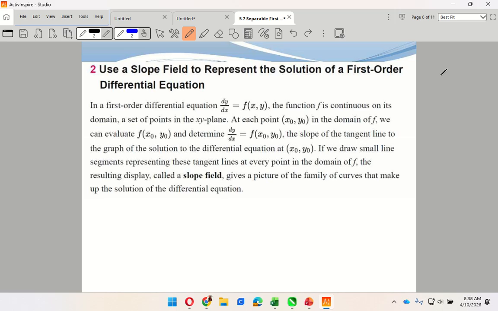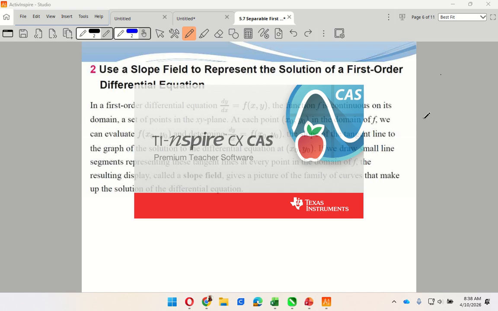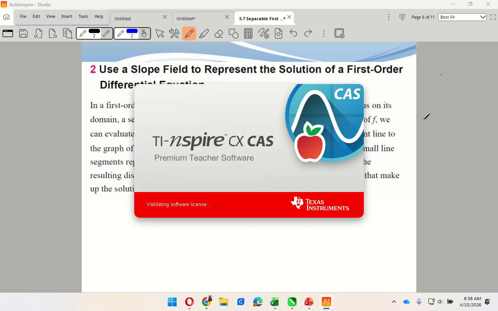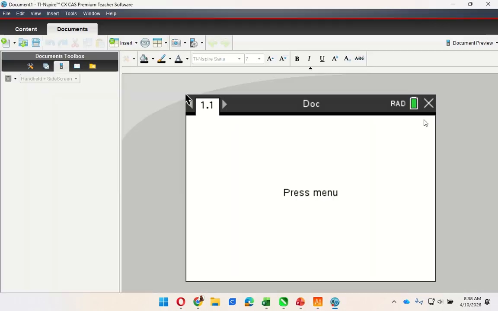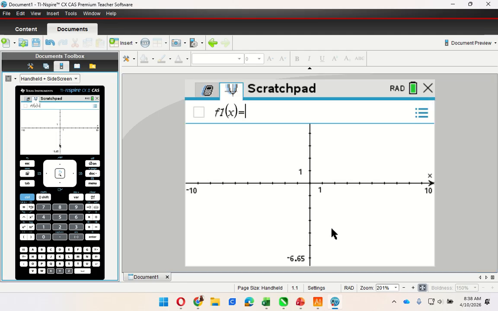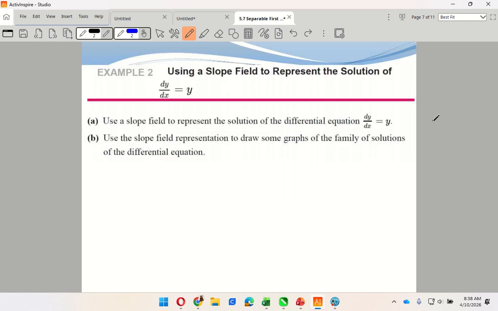If you have your calculator, please take that out. Okay, we're going to do the slope field again. And let me pull up mine. So I will get here in a second. There you go. All right. It says, using the slope field, represent the solution dy/dx is equal to y. Okay. So for right here,